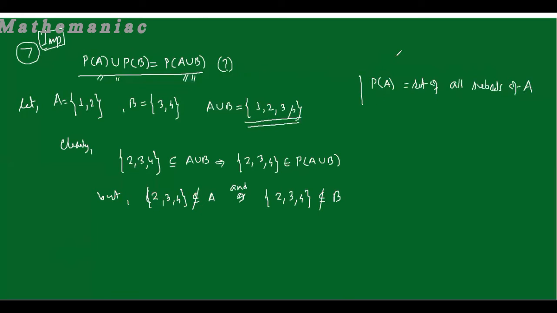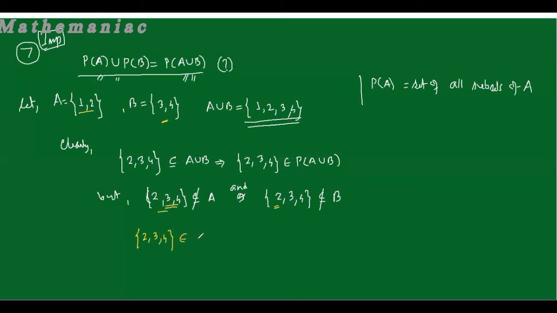Why? Because in both the cases you can find some other elements. For being a subset of A, I should have got 1 or 2, but here you see 3 and 4 are unwanted. For being a subset of B, I should have got 3 and 4, but I got 2 extra. That means this is not a subset of A as well as B,